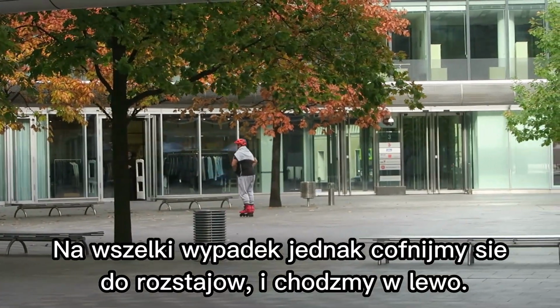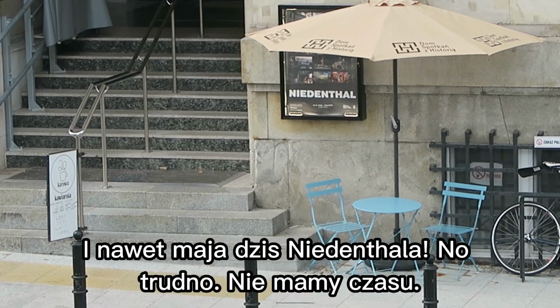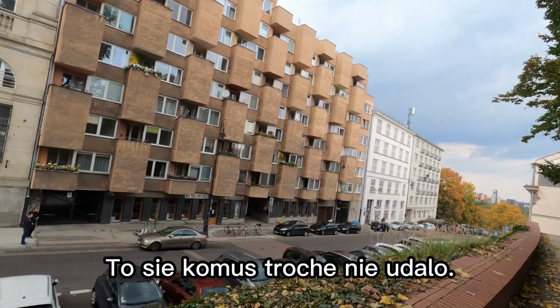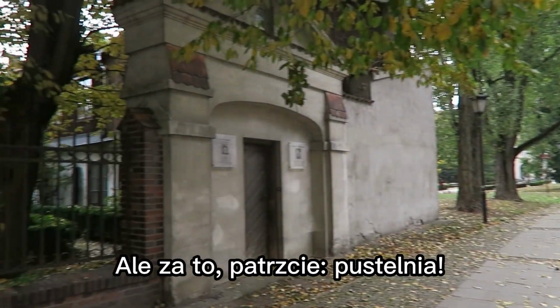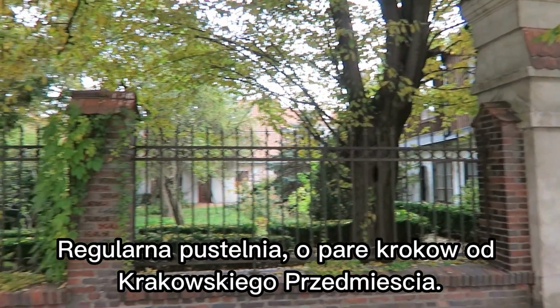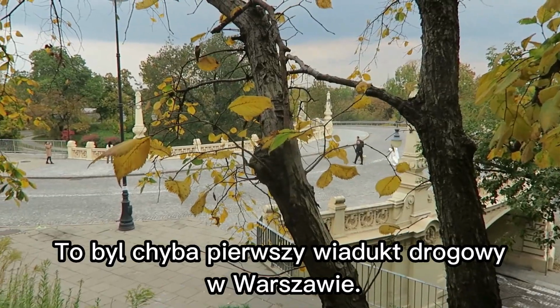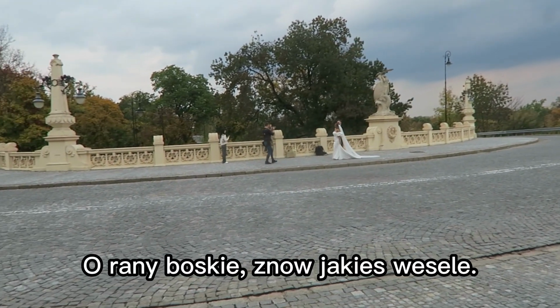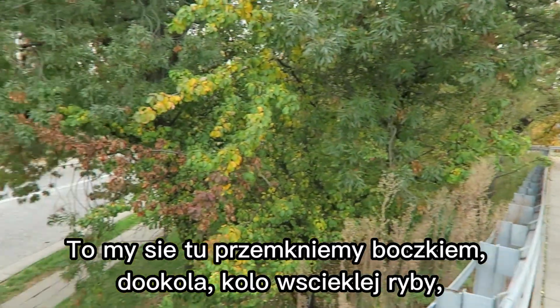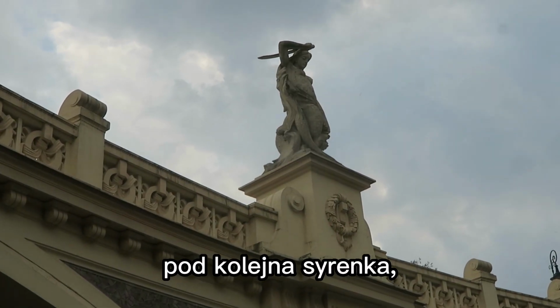Alright, let's go back and left then. This is a really good museum and they have Niedenthal today, but we must go on. This is a bit unfortunate, but look, a hermitage, steps away from one of the busiest streets in Warsaw. So down we go, and here is another favorite place by a few people. I think this was the first viaduct in Warsaw. Oh no, not another wedding. So, whee! Round and down, past the grumpy fish, under the mermaid,